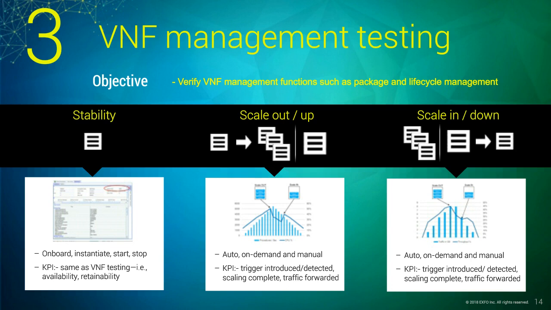While you are doing the scaling testing, one observation that may be worth sharing here is that most of the time what we found was the load balancing function, right? When you're scaling, you're going to have multiple VNFs and there should be a load balancing function that distributes the traffic to the multiple VNFs. Many times we have found the load balancing functionality to be a bottleneck. That's something to focus on. The other thing is that the metrics you measure in scaling have to be very accurate, so preferably a physical test tool can come in handy in this case.